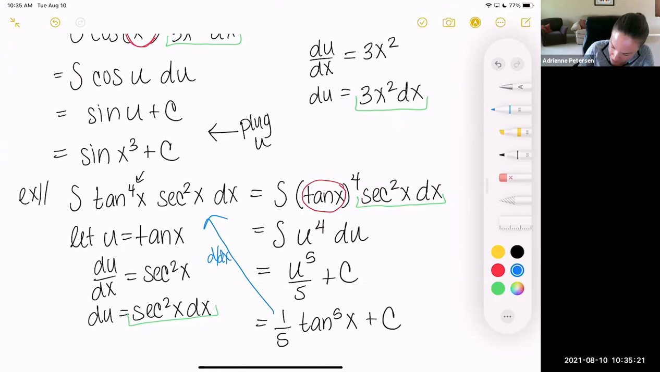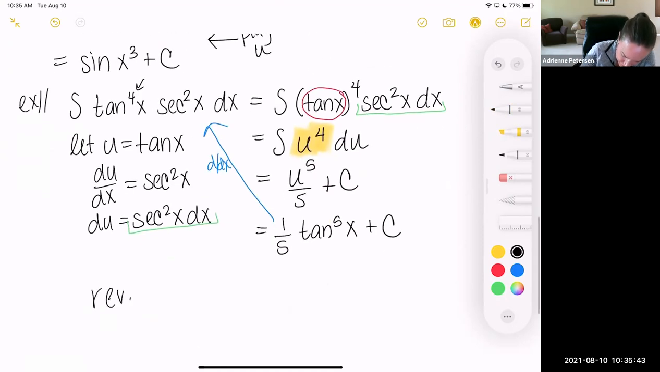So how did we get u to the fifth? From this step, in order to find the antiderivative, we use the reverse power rule. So we're doing the opposite of the derivative. The reverse power rule says we add 1 to our exponent, so that's u to the fifth, and then we divide by that new exponent. So, reverse power rule